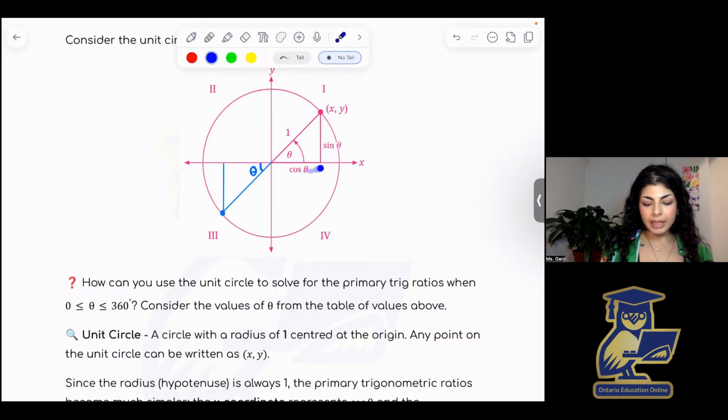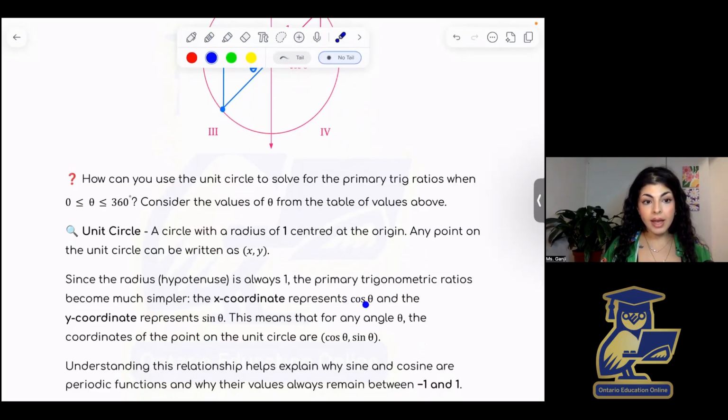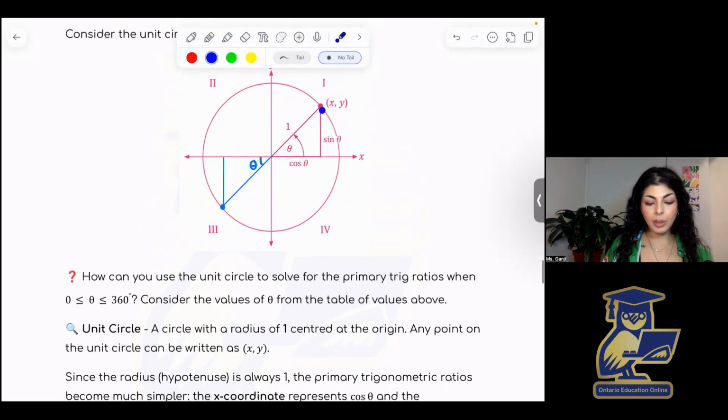Looking at this one here, where theta is this angle here, because my hypotenuse is the radius of the circle, which is equal to 1, the sine of theta is just equal to its opposite side. So this side length here is sine of theta. And similarly, the adjacent side length is cosine of theta. So when we have this point xy here, given these two distances, then xy is really cosine of theta, sine of theta. So the x coordinate represents the cosine of theta, and the y coordinate, which is the distance that we go up, which is opposite to theta, is the